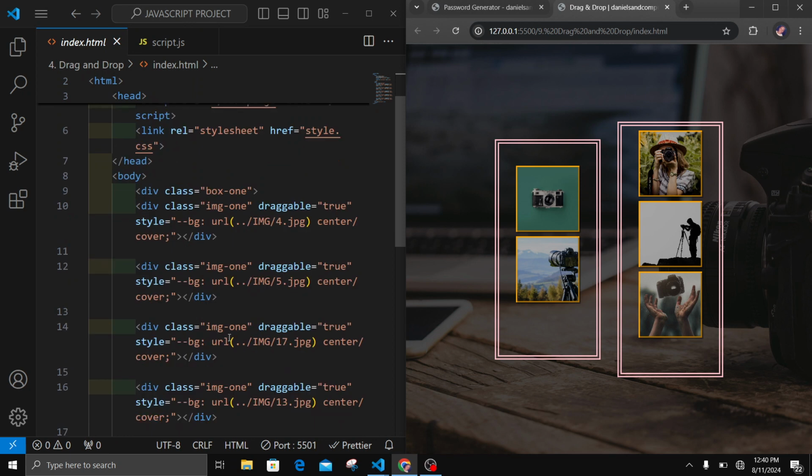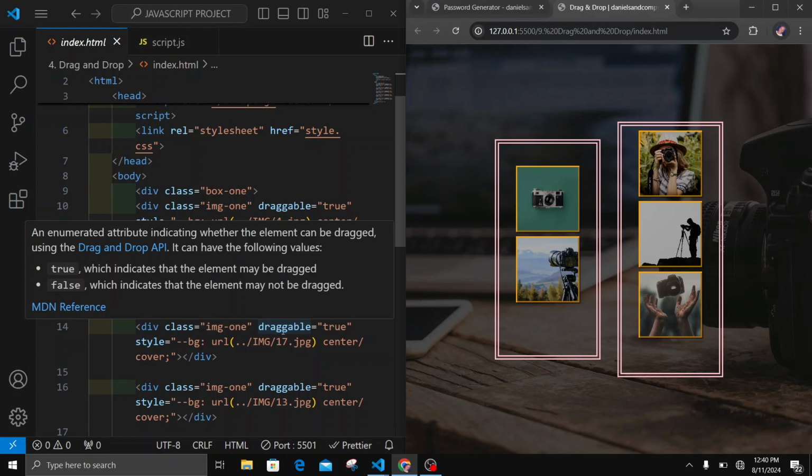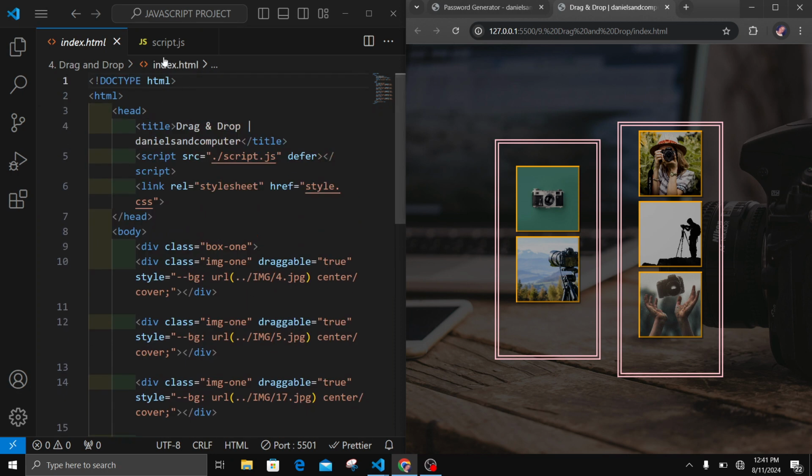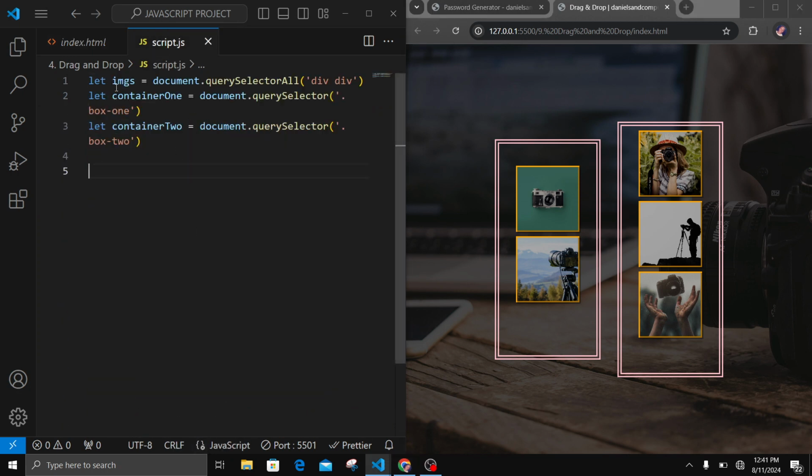I've set each image div to draggable set to true, which allows me to click and drag any image even without the JavaScript. But the JavaScript is what is going to allow it to drop in the next container appropriately without any errors. So now I have my JavaScript section here where I have all the images set to this particular variable, which targets all the images, and I have a container variable for my first container, container 1,